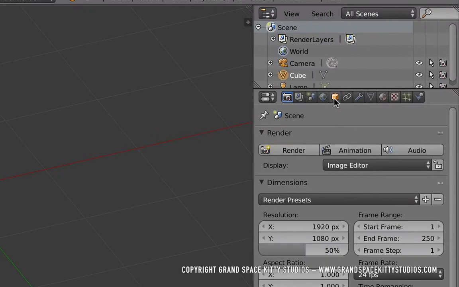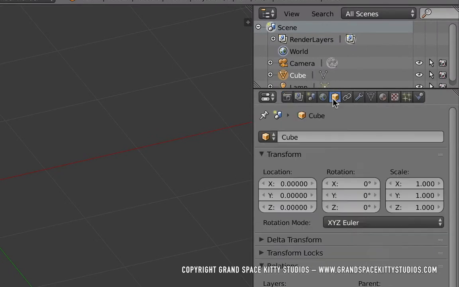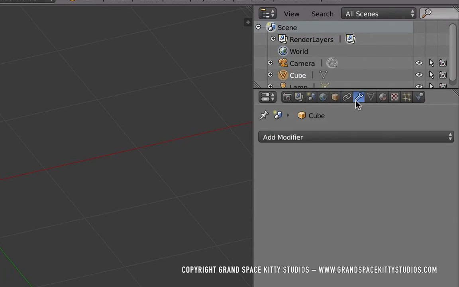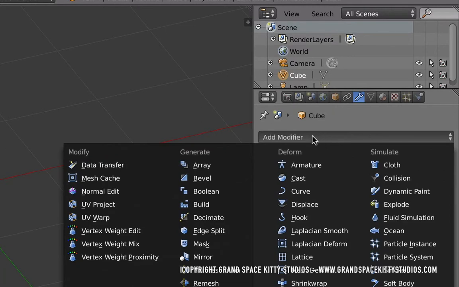Now I'm looking for this icon that kind of looks like a wrench. Now this is called the modifier panel. So there's a wrench icon right there. It's kind of small. And if you left click on it, you will go to the modifier panel. And I'm going to click on this drop down. And what I'm looking for is the mirror modifier underneath the generate area. So I'm going to select mirror,